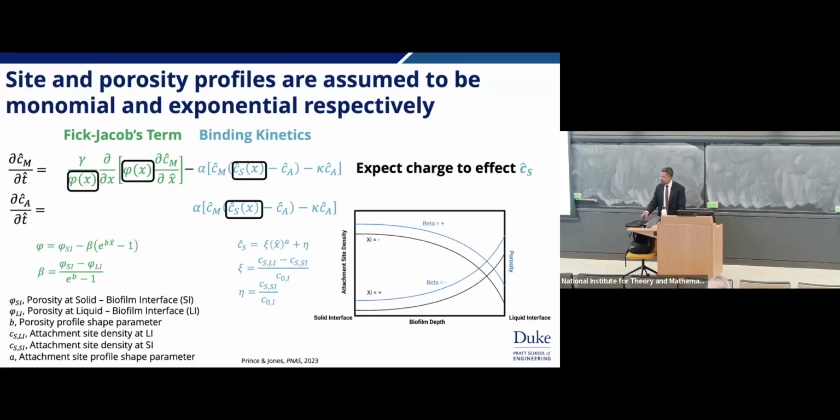First thing we also had to do before we could do that is we had to come up with some sort of term for phi of x and Cs of x, because looking at those two terms, the porosity and the binding site distribution, we could try to fit those, but then that would be fitting like four different parameters. So we said, let's get some functional form for porosity and some functional form for the binding site distribution.